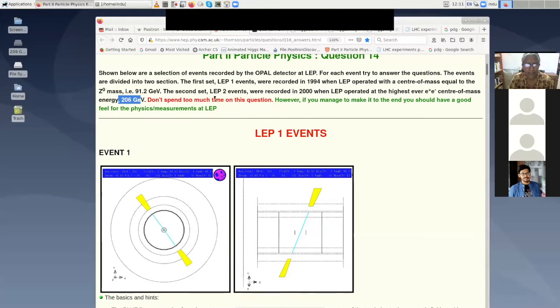So as I said, sorry, let me start all over again. LEP first operated in the mode where it was at the Z mass. They discovered, in fact, the Z boson through this, by tuning to higher and higher root s until they got to the Z mass and found the peak. I will show you that peak later. Then they went to higher energy, all the way up to 200 GeV, so they went off the Z peak.